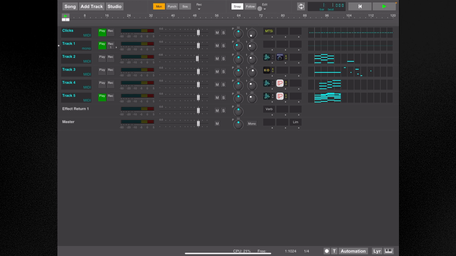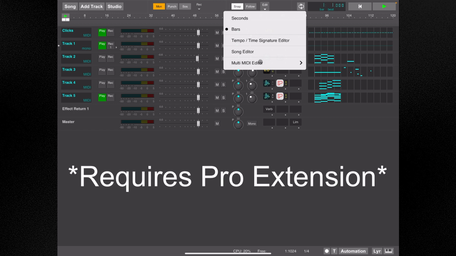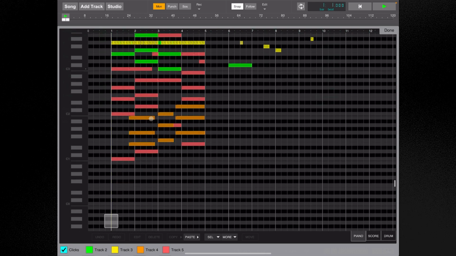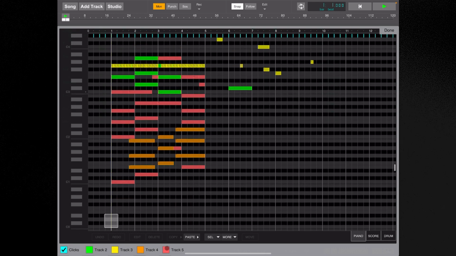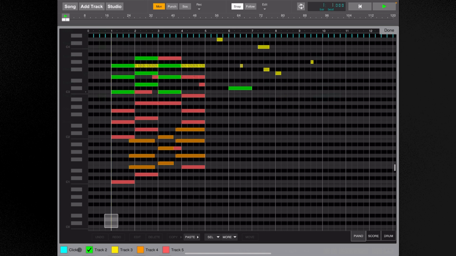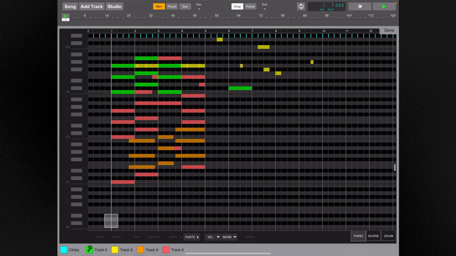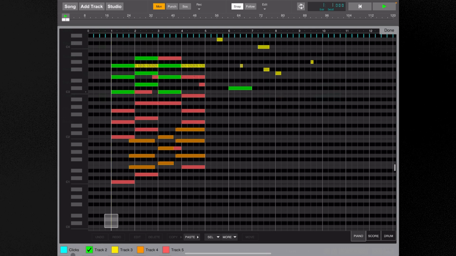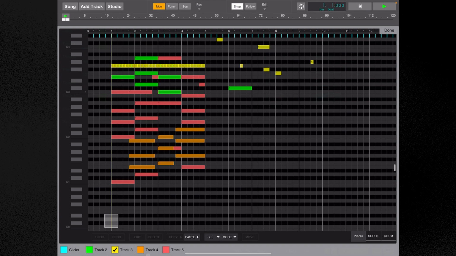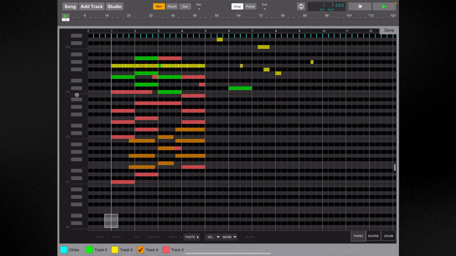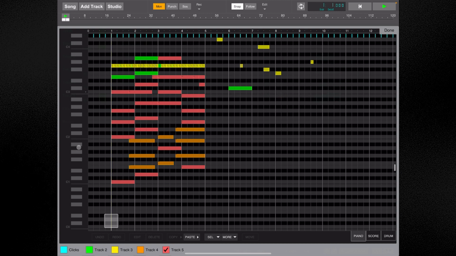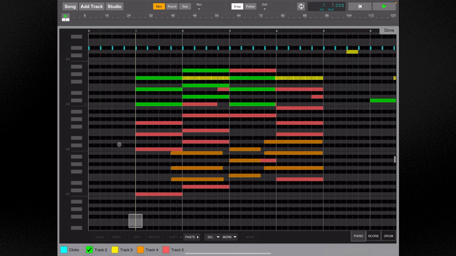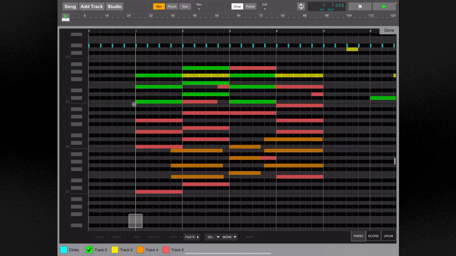And another thing I'm going to show you before we go here, and this is something in the Pro mode, is the Midi Editor. And this shows you all of your MIDI tracks at once. And if you click one of these here, you're able to decide what layer you're going to draw. So if we were to click the green one, we will be drawing the green. Yellow is the Drambo. This is pure piano, the first one, and this is the second one. So this is like having ghost notes in order to be able to track your chord and what you've got